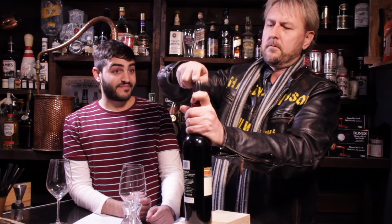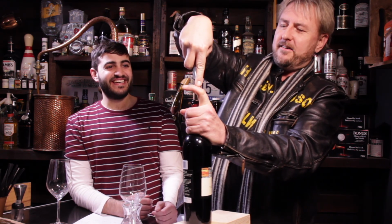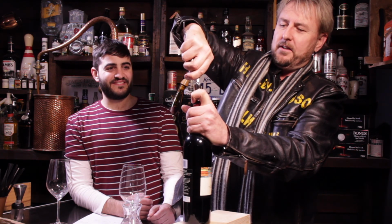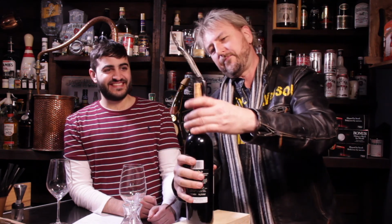Good solid cork on this too. I'll say. You can tell it's been in there for 14 years. It's not coming out that easy, but it's getting there. And I just don't want to break that last bit off. That's right. Because it's getting close there. Look at the size of the cork, and you see it's just a bit. I don't know if you can see that, it's just cracking up on me at the end, because it's obviously been soaking in that